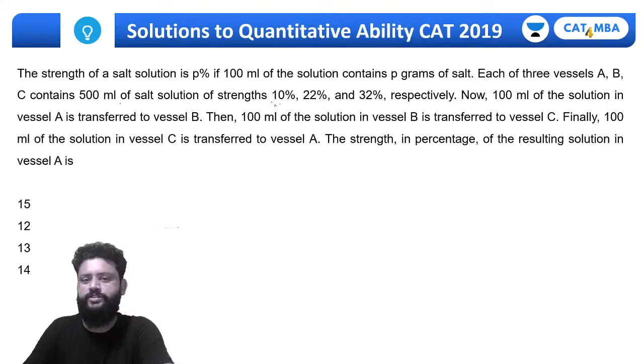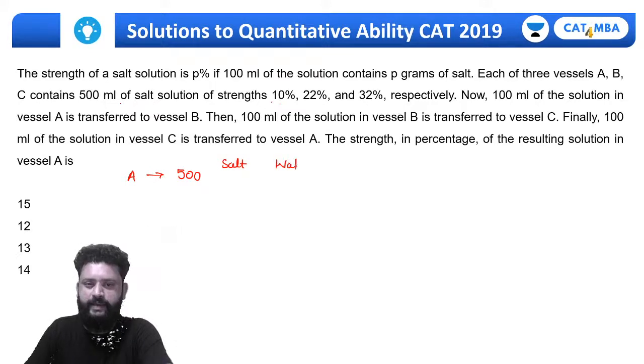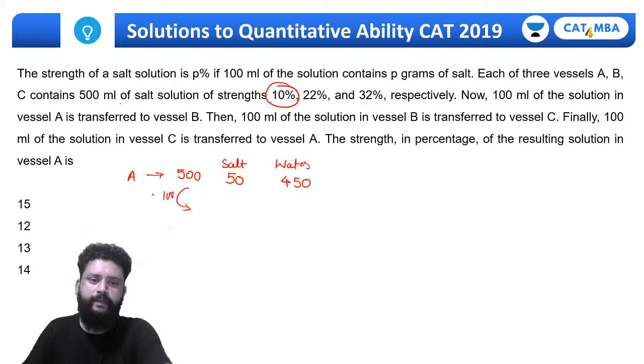500 में 10% salt है, बाकी water है. So 500 ml of A, इसमें सॉल्ट एंड वाटर के कॉन्सेंट्रेशन मैं क्लियरली लिख लेता हूं. यहाँ पे 10% है, 50 एंड 450. तो यहां से जब मैं 100 ml निकालूंगा, माइनस 100 ml जब हम यहां से करेंगे, व्हाट